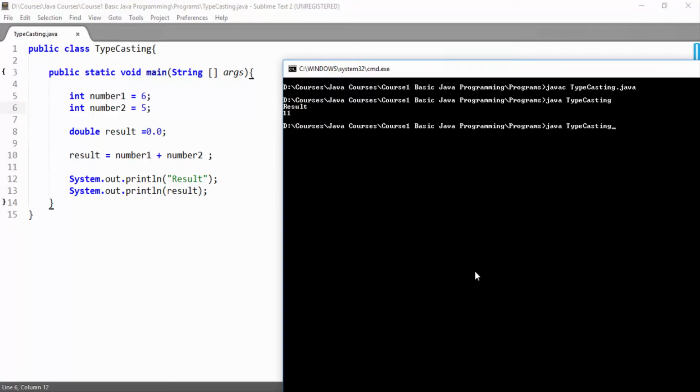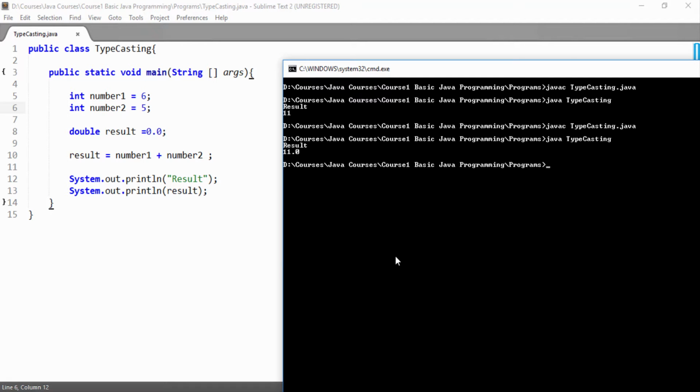Now we will try to compile it, and it has been compiled successfully. Now we will see if the result is correct. And great, here you can see we have successfully compiled and run it, and widening typecasting has been done automatically by the compiler for us.